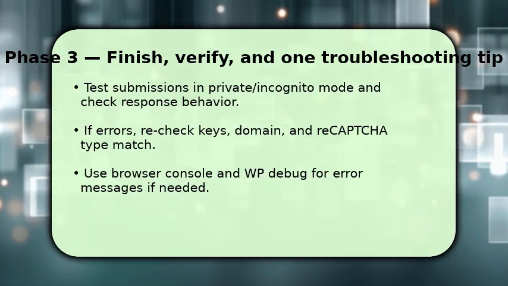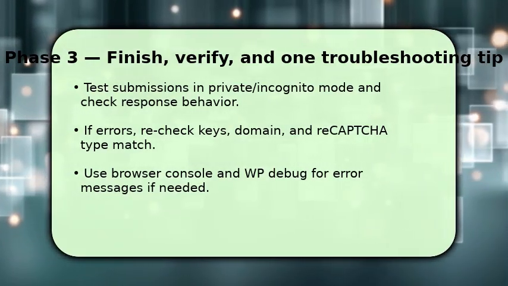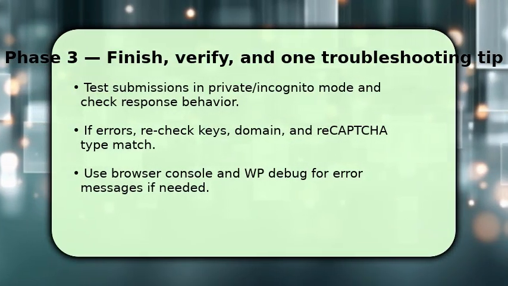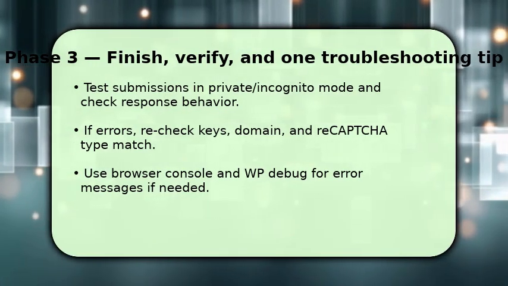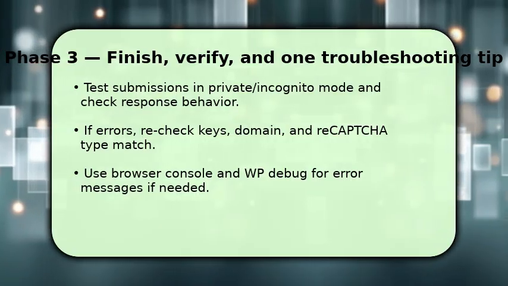If something fails, make sure the site and secret keys match the Google console entry and that the registered domain is exact. Also confirm you chose V2 versus V3 consistently. If problems persist, open the browser console and enable WP debug to capture errors. These logs usually reveal